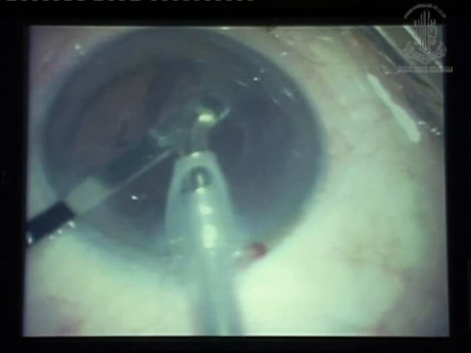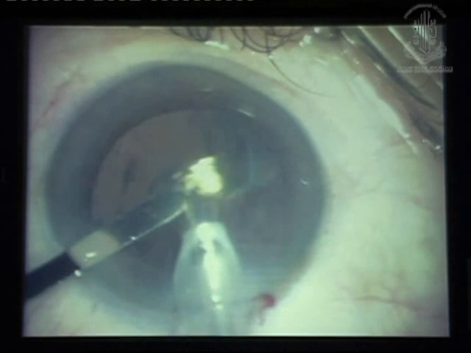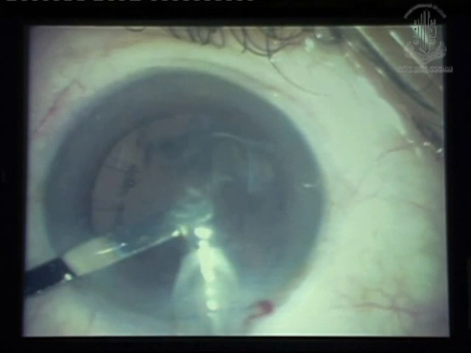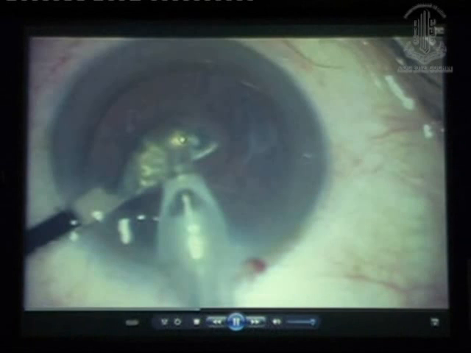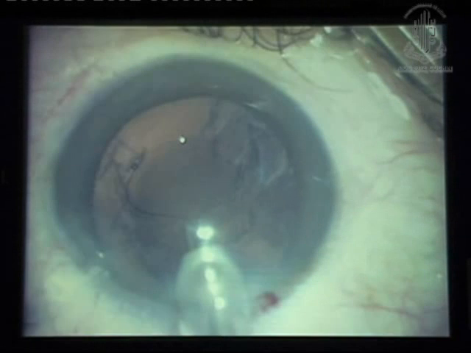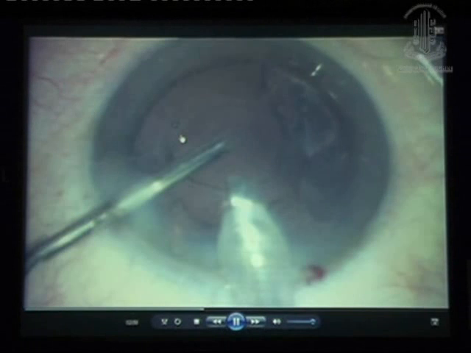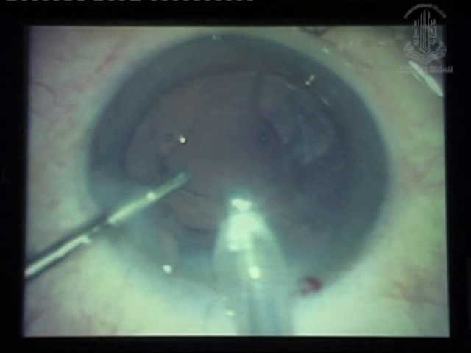I have a PC rent over here. I'm quite aware of it. Here is my PC rent. Now this is a spatula which I use sometimes just to give me more protection, so nothing drops in. Slightly wider spatula, second instrument. Now we inject viscoelastic